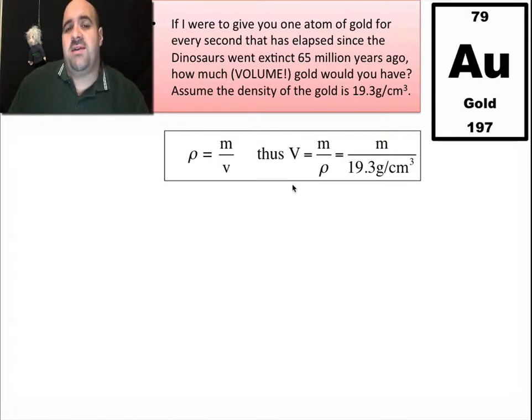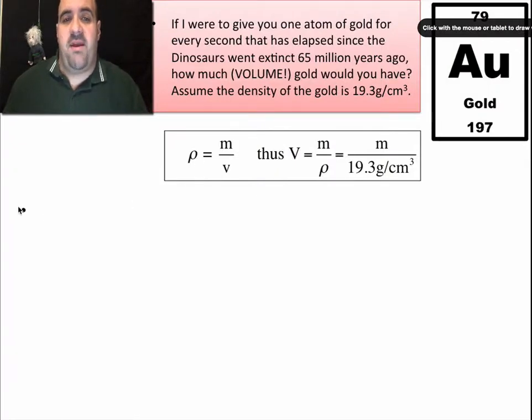What do I tell you? I tell you that I give you one atom of gold for every second that went by in the last 65 million years. So for every second that went by, you got an atom of gold. So how many atoms of gold did you get? Well, you got to figure out how many seconds there are in 65 million years. So this becomes a conversion factor problem. We have to convert